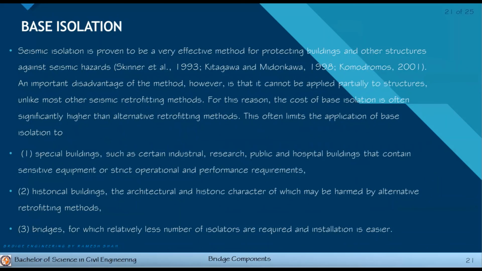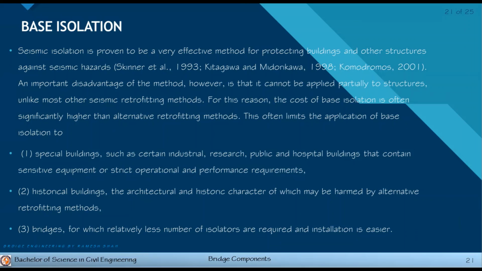So seismic isolation is proven to be a very effective method for protecting buildings and other structures against seismic hazard. An important disadvantage of the method, however, is that it cannot be applied partially to a structure, unlike most other seismic retrofitting methods. For this reason, the cost of base isolation is often significantly higher than alternative retrofitting methods. This often limits the application of base isolation to, first, special buildings such as certain industrial, research,